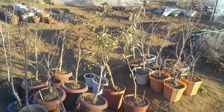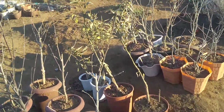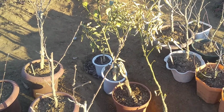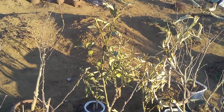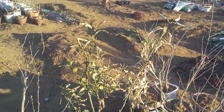Here I've got some mukuge or rose of Sharon trees and 4 orange trees in between the mukuge. 3 of them are forms of mandarin orange, I believe, and one of them is an Eokon, which is an Ehime orange from the prefecture of Ehime in Shikoku. And here I've got Brussels sprouts and orange cauliflower,